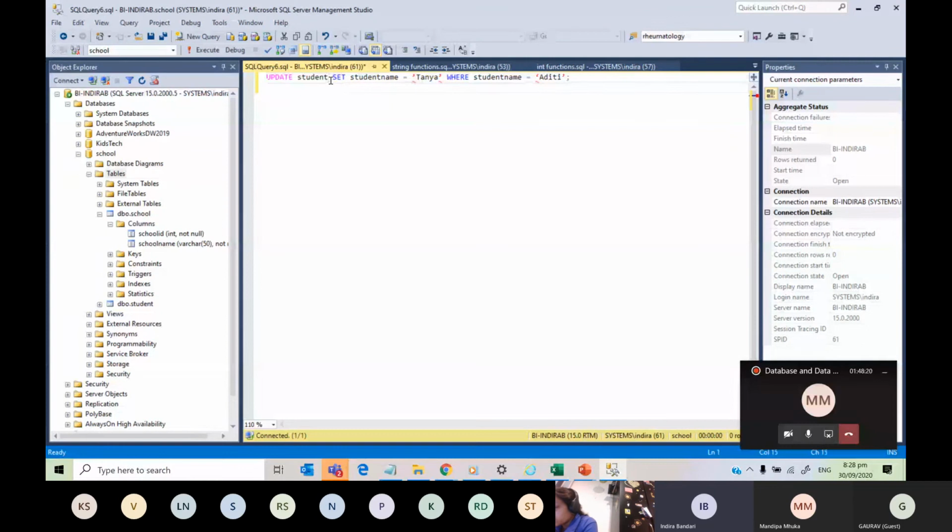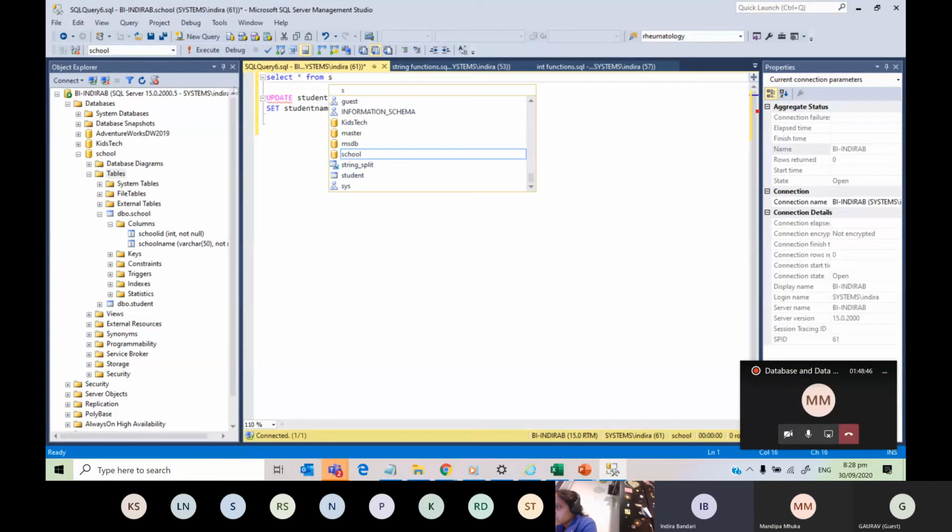Which table are we going to update? Student table. Okay. I'm just going to first write select star from student just to see the data.